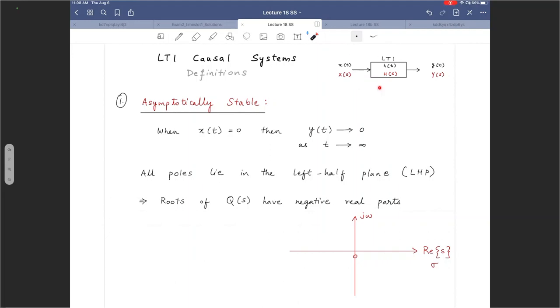All right, so that's your general view of an LTI system here. We are considering causal systems, which means that